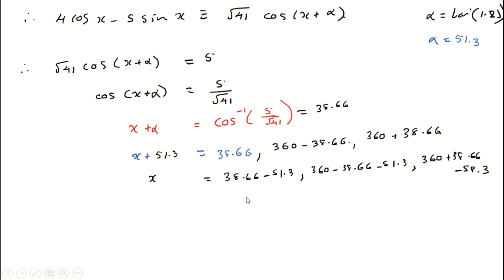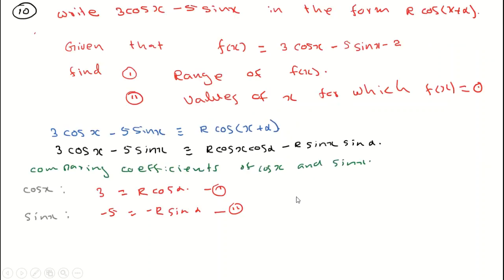We are taking only positive, but here in these questions I have not specified a domain for x, therefore you can take this also. But in the usual examination questions they usually give 0 to 360. In such cases we can get rid of this, or sometimes if they give minus 180 to plus 180, in that case you can include this. So you got to clearly look at the domain and decide which to include, which not to include.